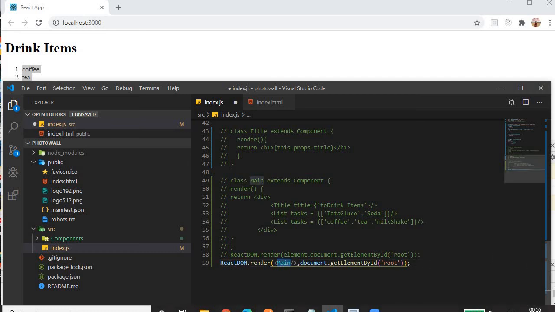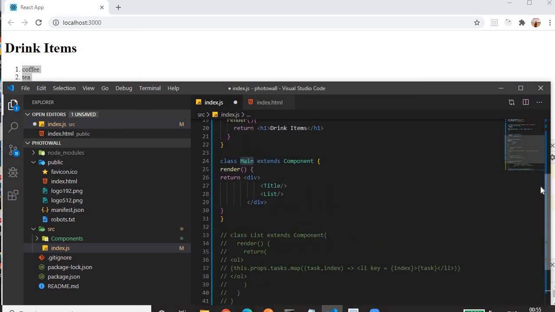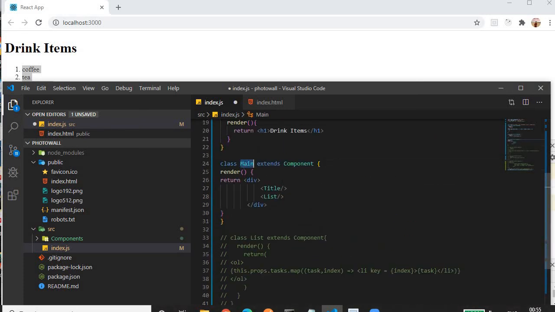This way, we will create an instance by using this open and close tag. So it will create an instance of the Main class. This is the Main class, and the Main class contains both the content of Title as well as List.